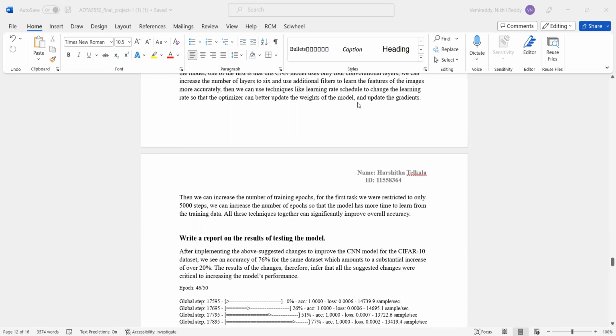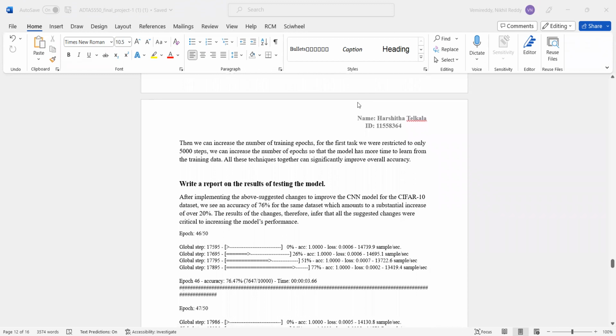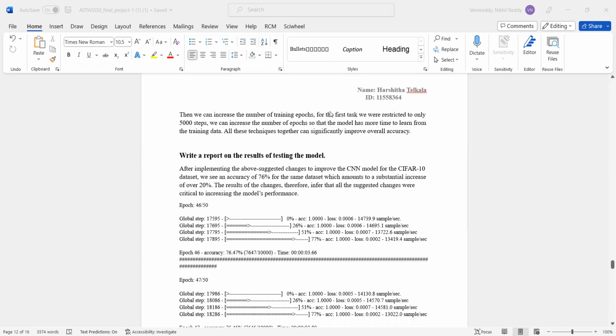So after doing this, we can increase the number of training epochs. For the first task we were restricted to only 5,000 steps, so we can increase the number of epochs so that the model has more time to learn from the training data. So all these techniques together can significantly improve overall accuracy. And next, coming to the report on the results of